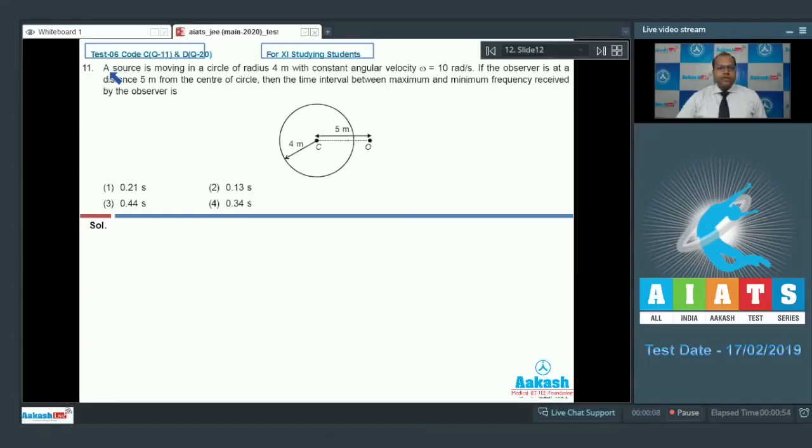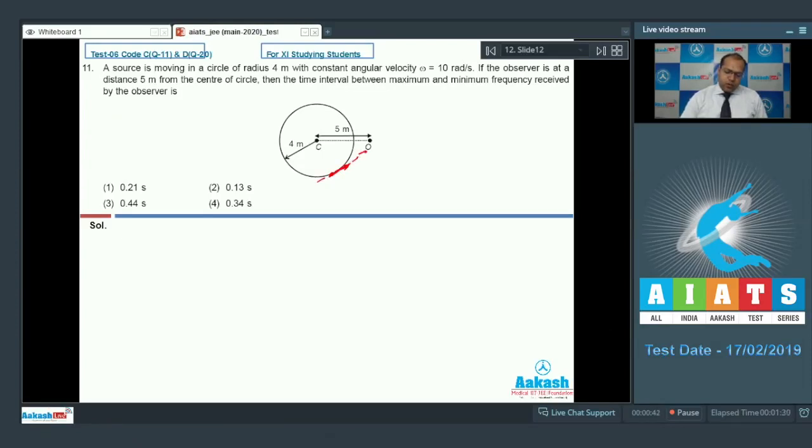Question number 11: a source is moving in a circle of radius 4 meter with constant angular velocity omega equal to 10 radian per second. If the observer is at a distance 5 meter from the center of the circle, find the time interval between maximum and minimum frequency received by the observer. The maximum frequency is observed at this position when the velocity is tangential and